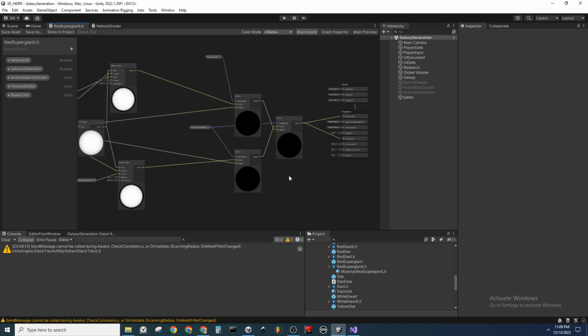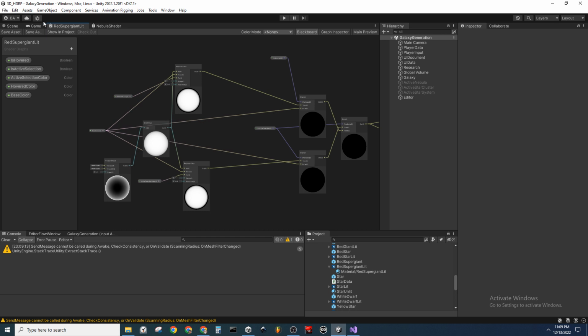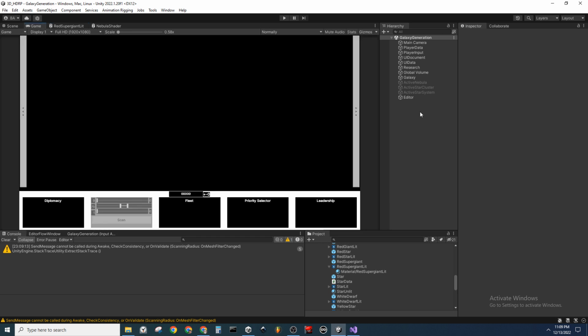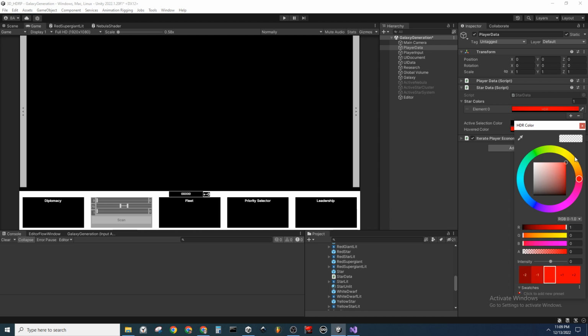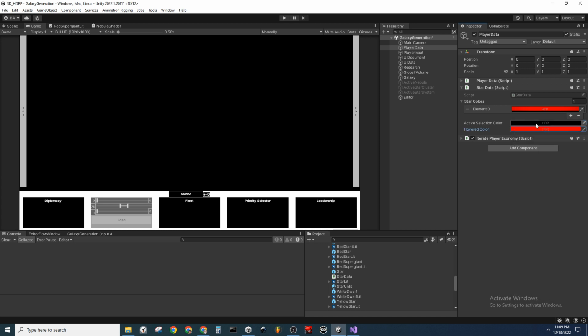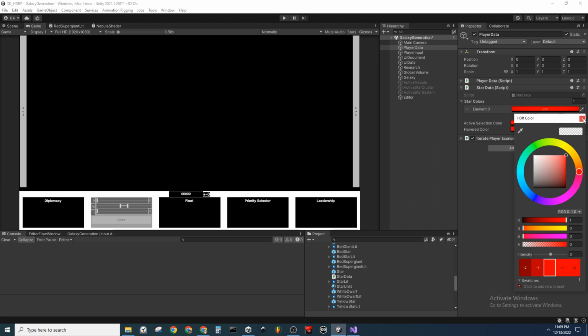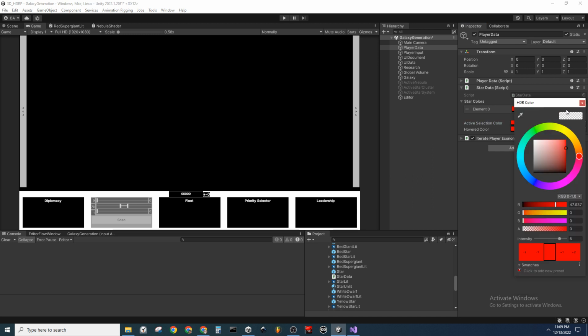So let's take a look. That should set these values at the proper times, and it gives me the ability to tweak these from the editor. So let's see, hovered color, just make it red also. For now, let's just see if it will do this properly. So if these are emitting at 6,